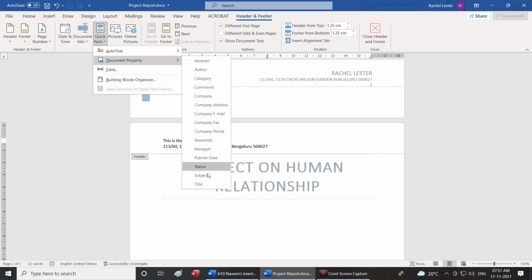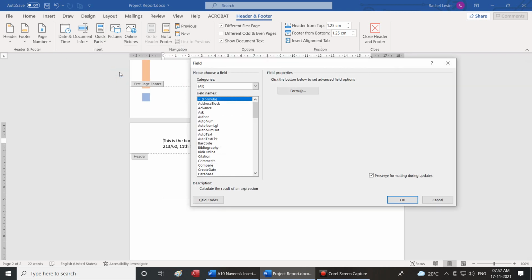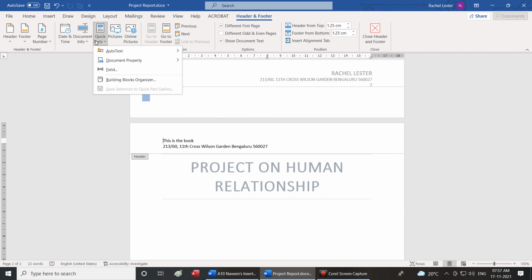Document property is already defined fields, and field name is what other additional fields I can add. All this will be visible. And when it comes to building blocks, it helps us to add all these other different options that were available, which is already inbuilt in it. As an advanced MS Word user, if you want to add any additional blocks, you can make use of it. That would do for this. We will go for the next option, pictures.